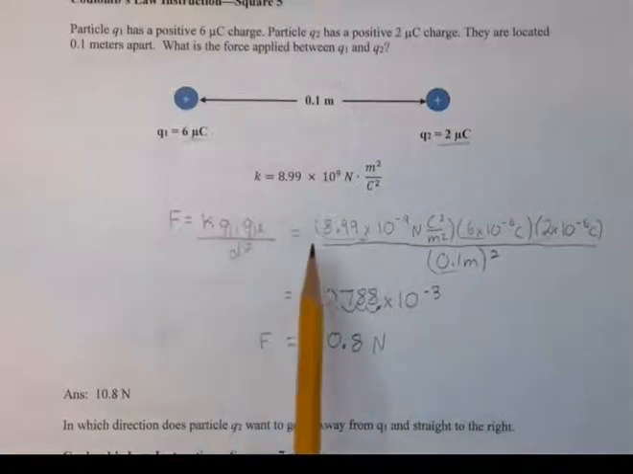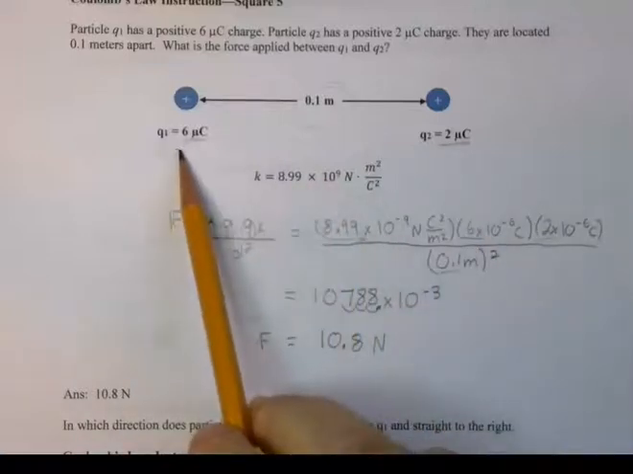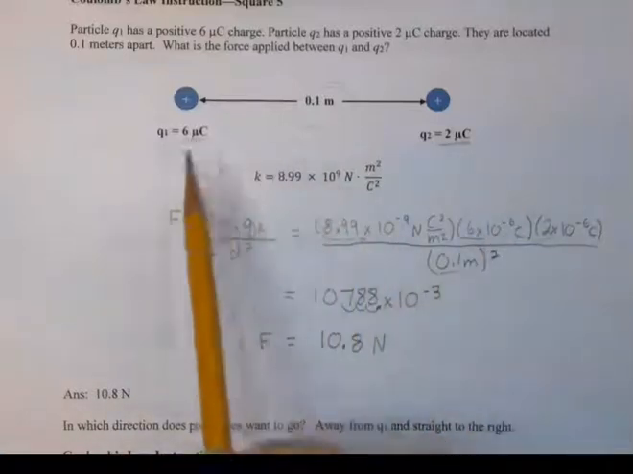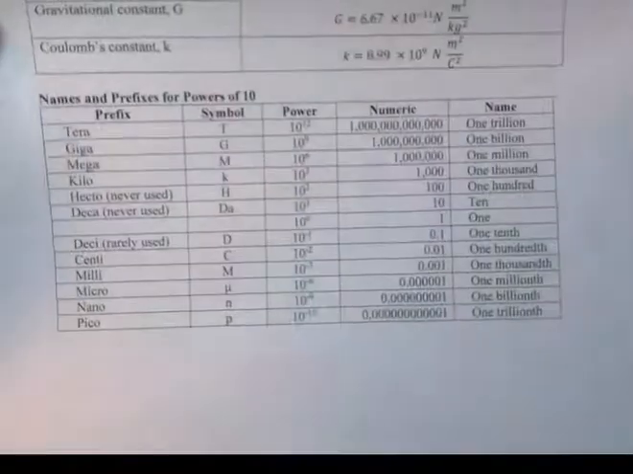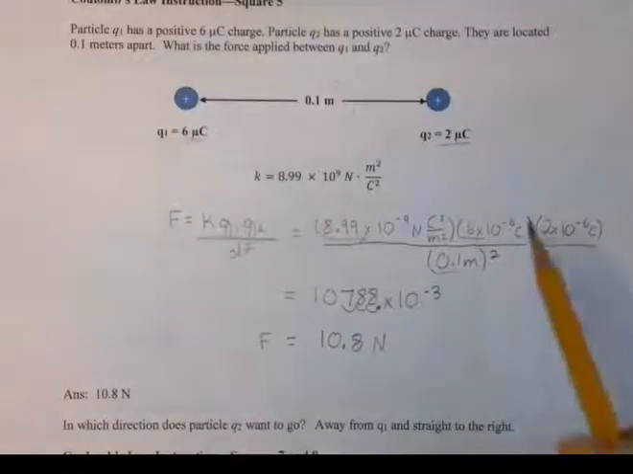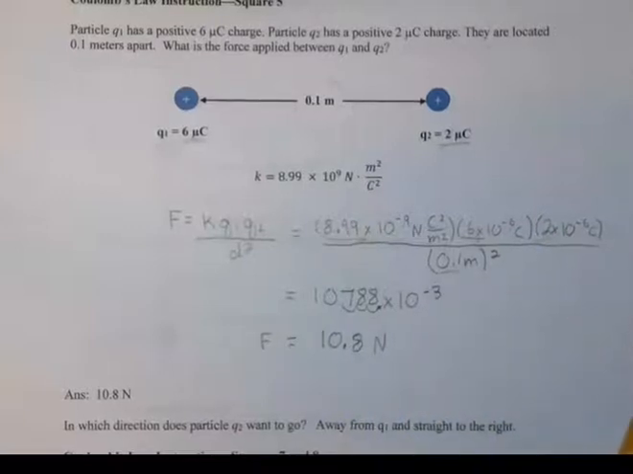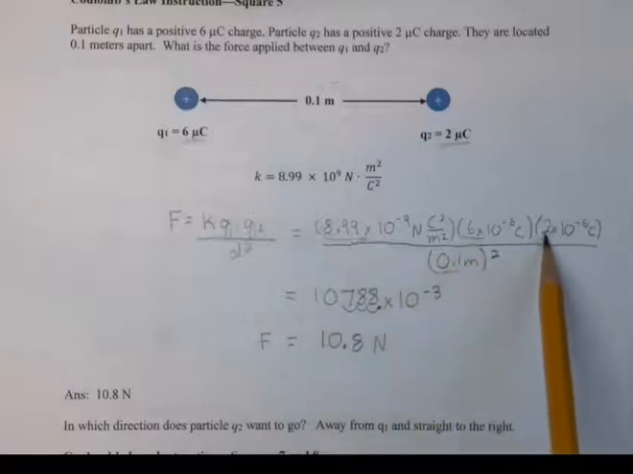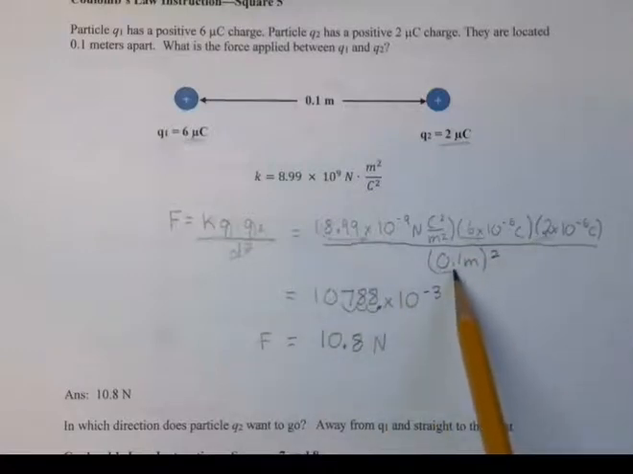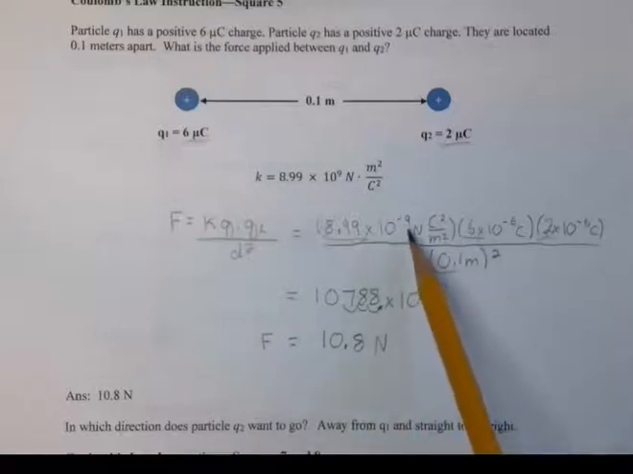So the force, you always start with Coulomb's constant. And the first charge is 6 microcoulombs. Again, that symbol. And again, go over to this sheet right here to look up any symbols you see like that. There's micro, 10 to the minus 6th, times 2 times 10 to the minus 6th over 0.1 squared. So the first thing I do is multiply this times this times this, so 8.99 times 6 times 2 divided by 0.1, and that's 0.1 squared. And that gives me 10,788,